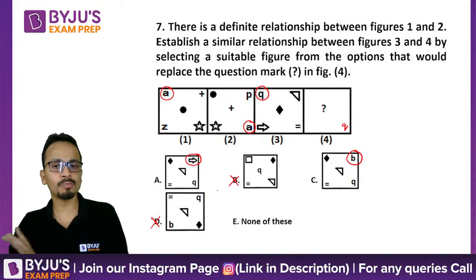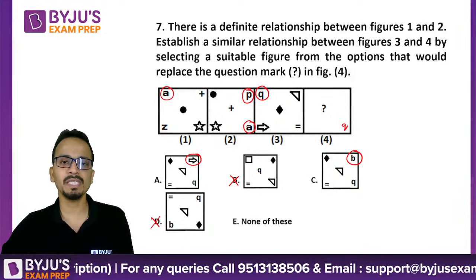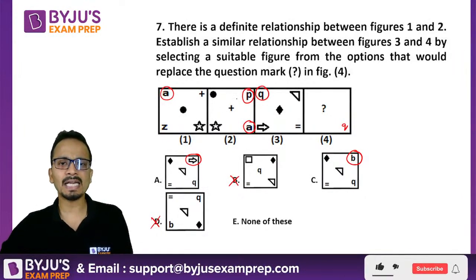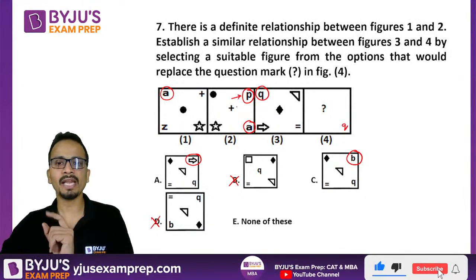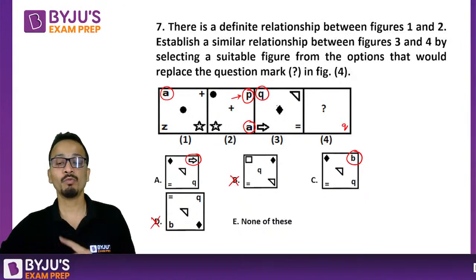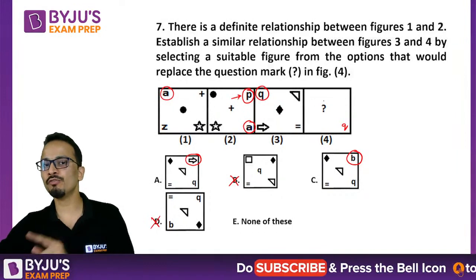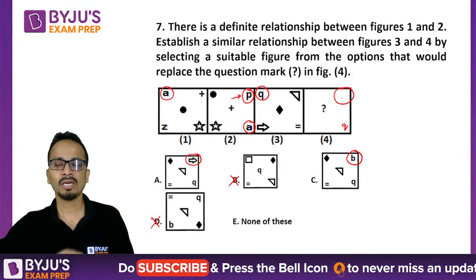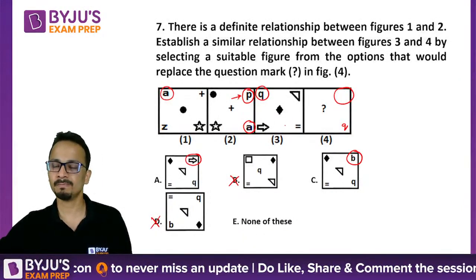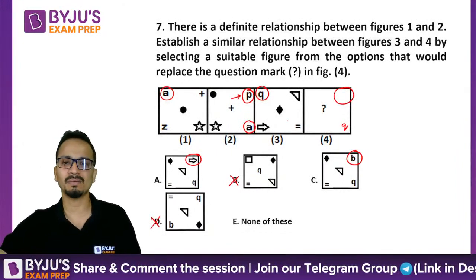So I'm just comparing options now. Okay. So what should come at this place? What was here? It was P. Now P was not present in figure number 1. So I can say that at this corner, the top right corner, a new symbol will appear which was not present in figure number 1. So from figure number 3 to figure number 4, at this place, a symbol will appear that was not present in figure number 3. Altogether, a new symbol has appeared.